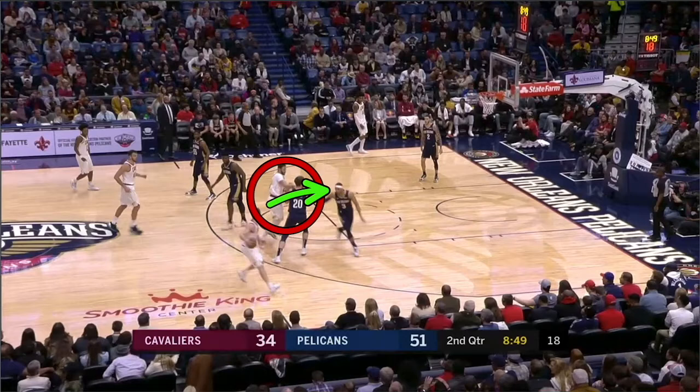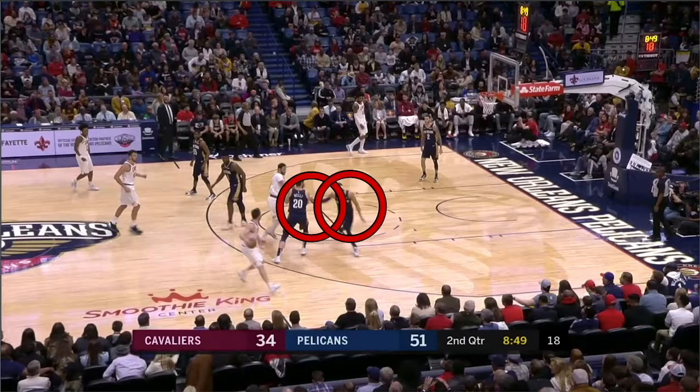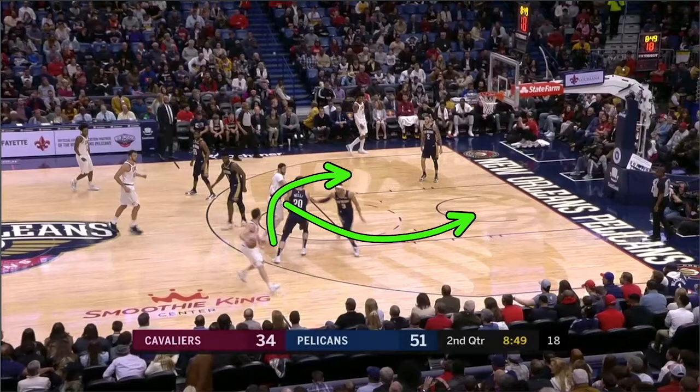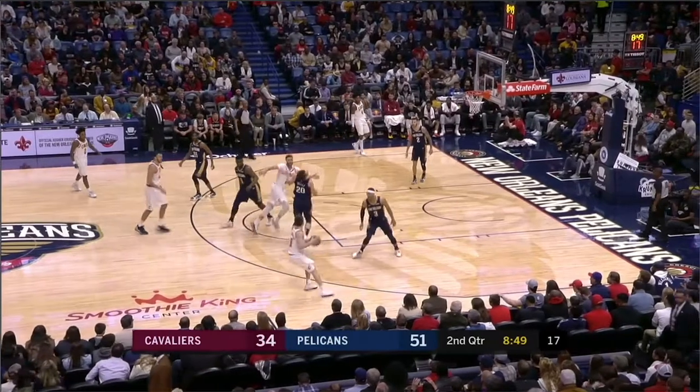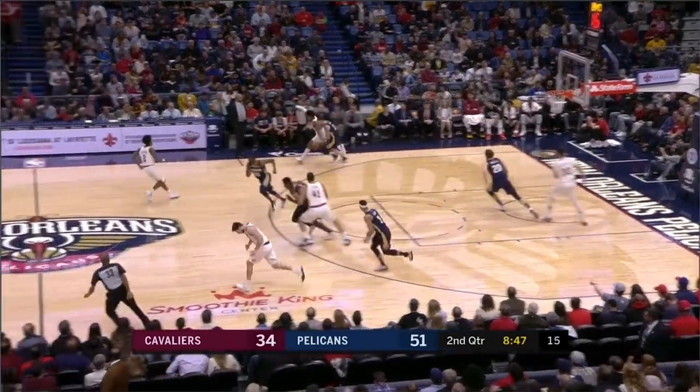Now you create a switch with a mismatch, or with this being an empty side ball screen, if they're in drop coverage where they drop the big here, and this guard has to fight over the top, then you have a 2-on-1 on the strong side of the floor with this guard coming off this ball screen and this big rolling. Okay? So set a twist screen. Get those advantages. When you set ball screens and the defense goes under and you're not taking a jump shot, it's just a total waste of time. And you can see Matthew Dellavedova, there's no twist screen, so another turnover.